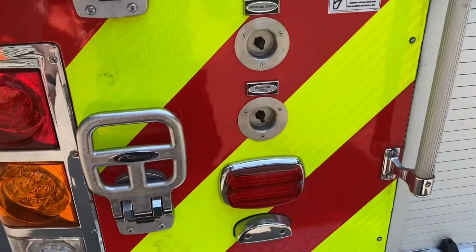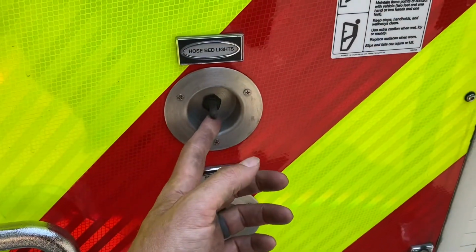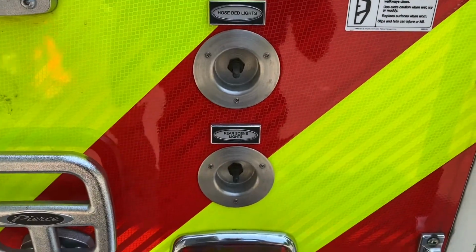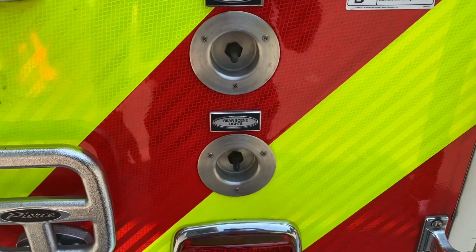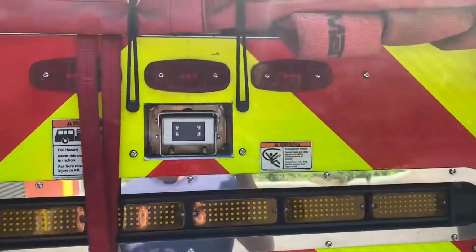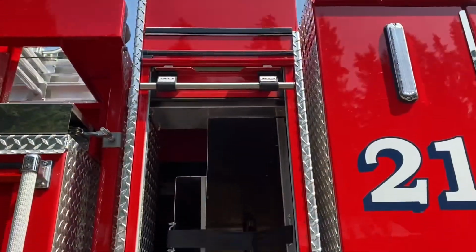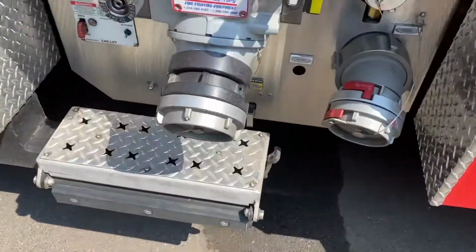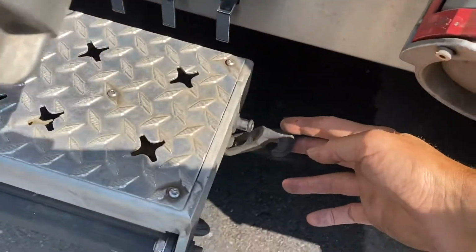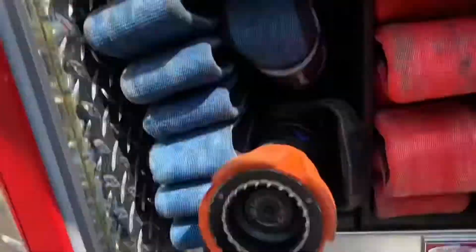Don't forget about your switches on the rear of the truck. You have your rear scene lights and your hose bed lights, again for loading hose at dark hours. That will help light up the hose bed. When you're loading hose, make sure you keep your flakes clear from your backup camera. That gets to be pretty high, so one of the options you have is to use this pull out step or flip out step. You unlatch it on the side, it rolls out, allows you to climb up and